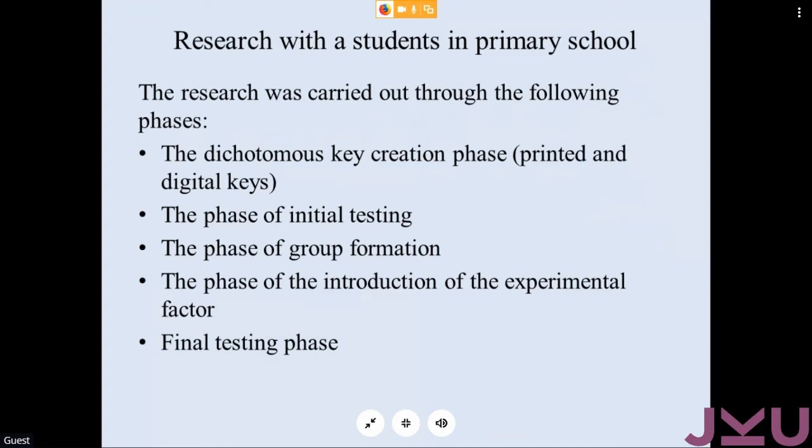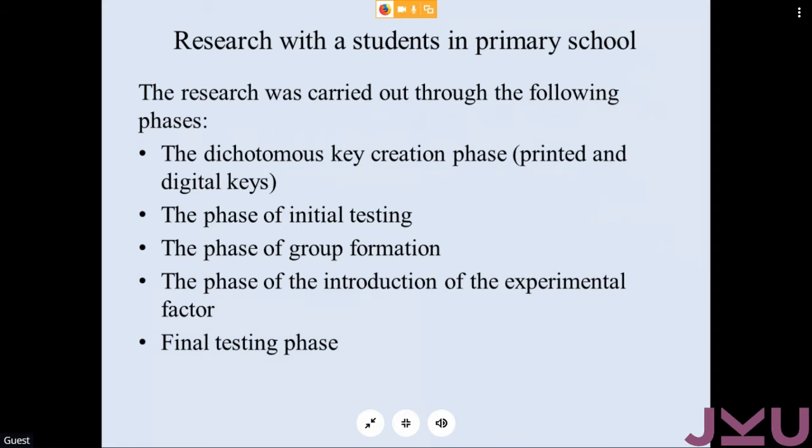We did that research in several parts or several phases. First we adapted the dichotomous key by creating a dichotomical key. We created that key on the basis of the students' knowledge about plants in their surroundings. After that, we randomly selected two schools from Podgorica in the same geographical part of Podgorica. Podgorica is the capital city of Montenegro. We gave the students an initial test or pre-test. The aim of that test was to select classes in the primary school with the same level of knowledge